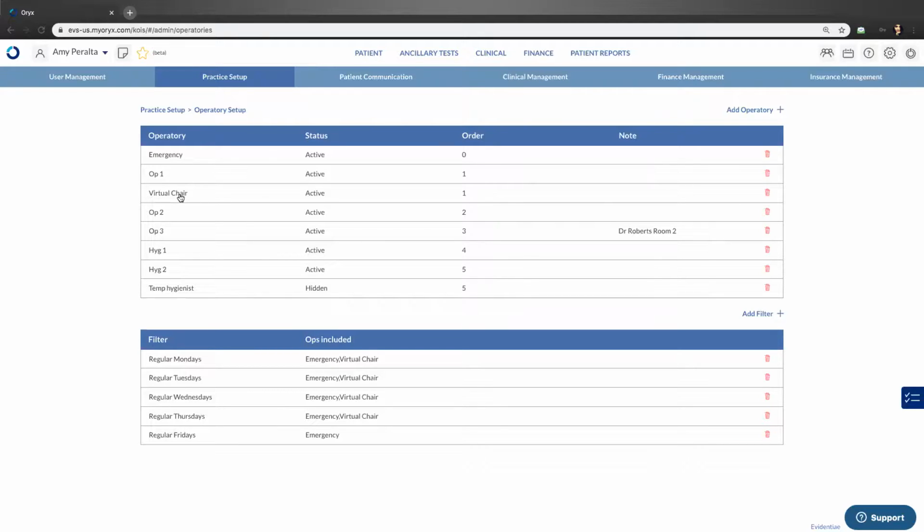We have only turned on the telecommunication for now, basically the online consultation. And we've added an extra virtual chair into our columns. We've added some filters so that we hide everything else that we're not using. So that way we're ready to start